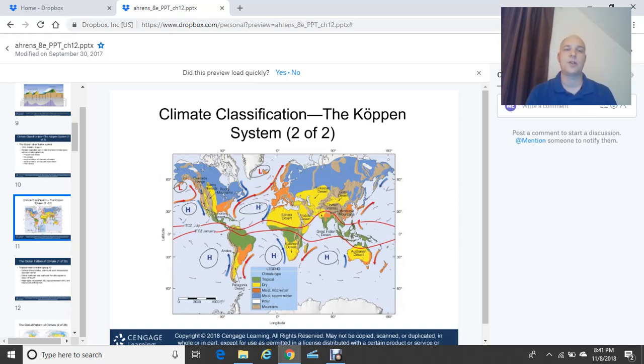I'm showing you the average position of the ITCZ in July and then the ITCZ in January. So you get a lot of precipitation, a very moist tropical climate, very tropical in nature. The green shading indicates that. Okay, so you see where the ITCZ red lines are, and you have a tropical climate in those green shaded